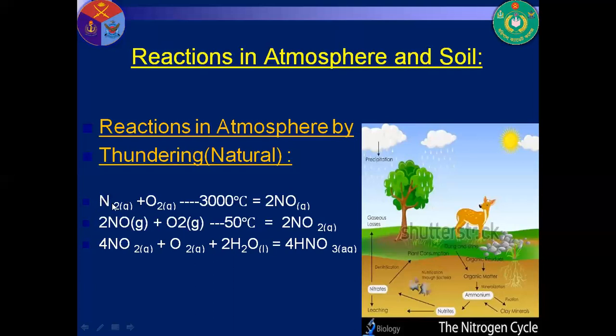Here, there is a triple bond between nitrogen atoms. So, for this reason, a higher temperature is needed to convert nitrogen gas to